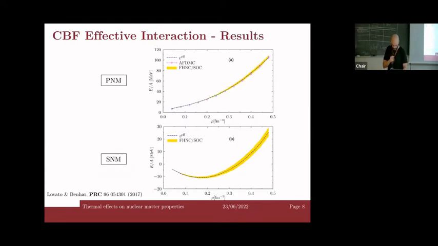Now, just to make a comparison, the results that we get from this formula are compared with the CBF effective interaction, which was developed in the 80s and 90s. And here we have an upgraded version where we can also put together the three nuclear forces. The results we get reproduce other kinds of techniques, for example, the Fermi hypernetted chain technique used by the APR equation of state.